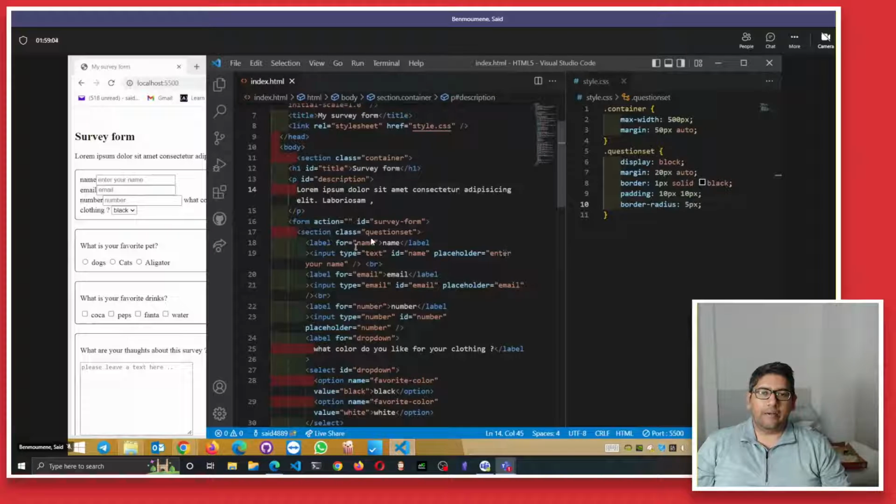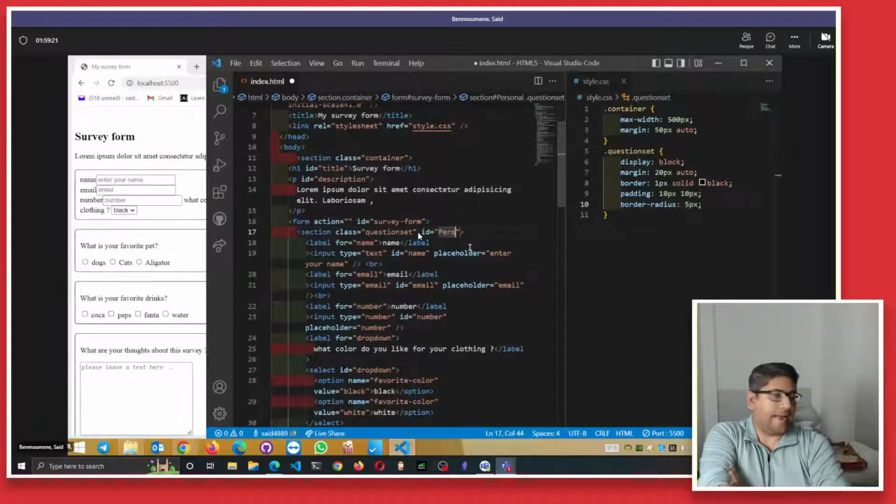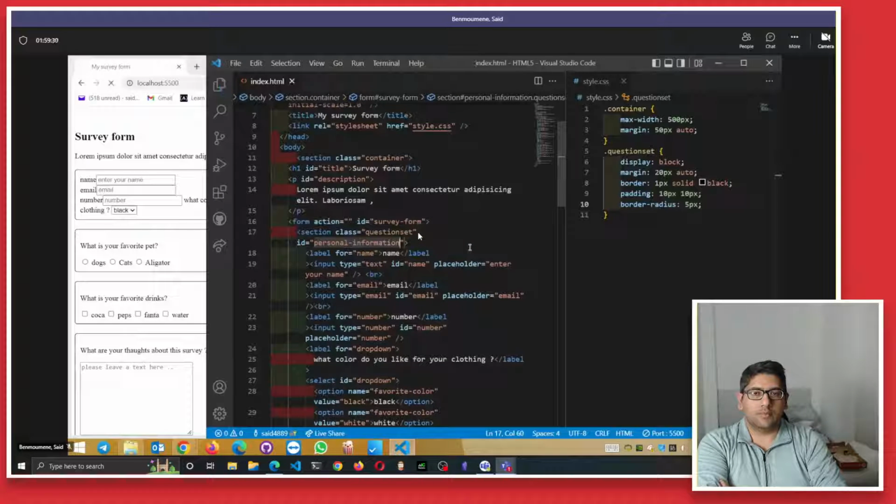Line 17, right? Yeah. That is the first question set. And in that first question set, give yourself an ID. Let us say personal-information, small p and dash. Okay. Now in your rule set,